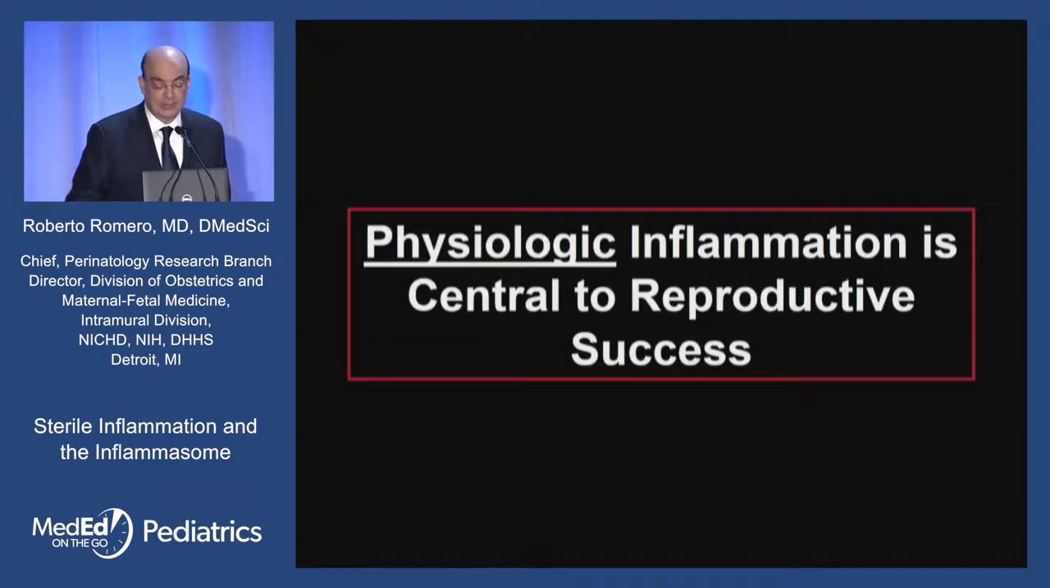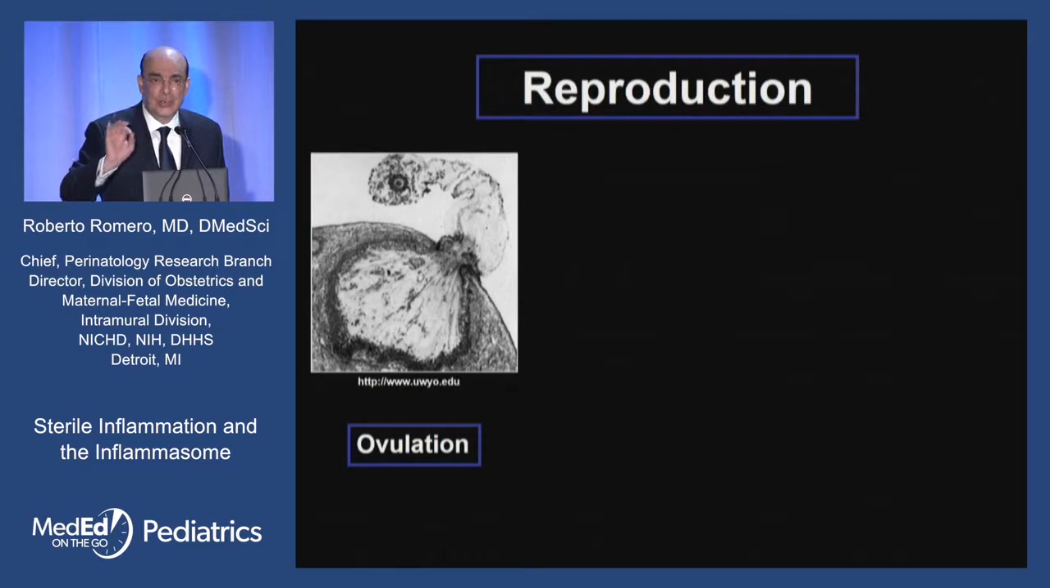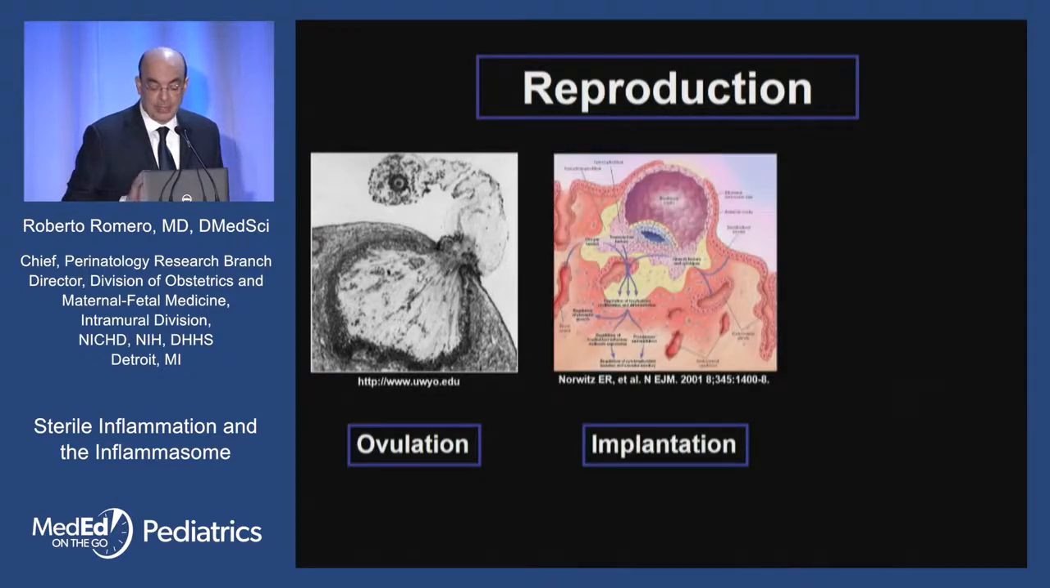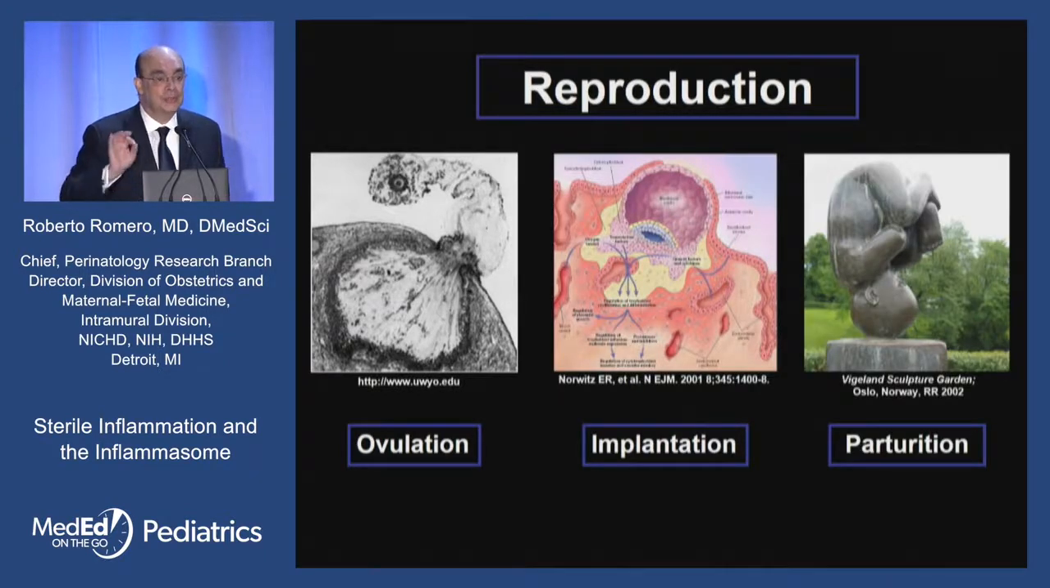Let me give you an example of physiologic inflammation, which is essential for reproductive success. The three processes that are essential for reproduction are ovulation, implantation, and parturition. These three processes are inflammatory processes. There are no bacteria. There is no abnormal problem. It's just that the body uses the inflammatory mechanism to rupture an ovarian follicle, to implant the blastocyst, or to